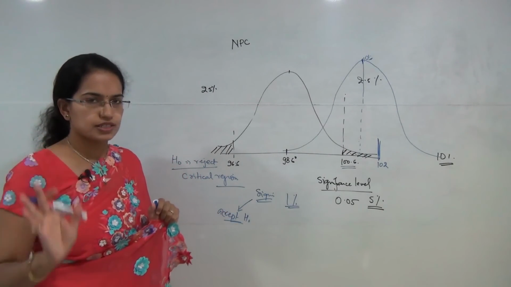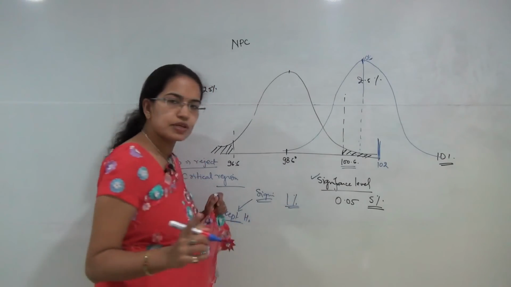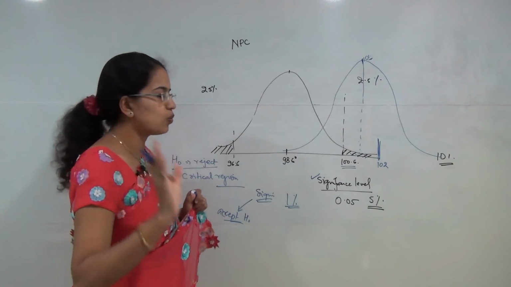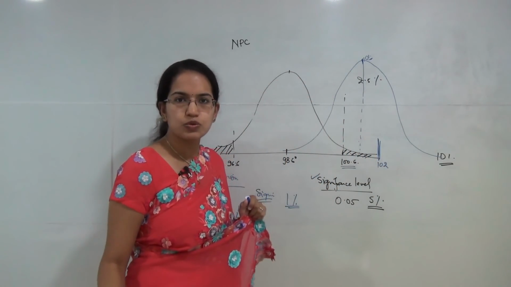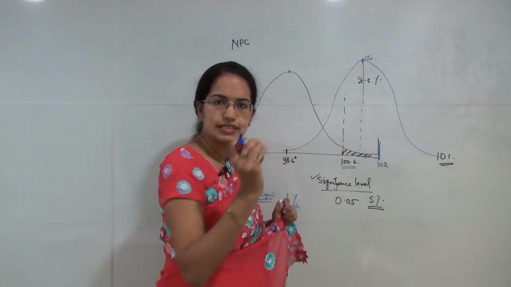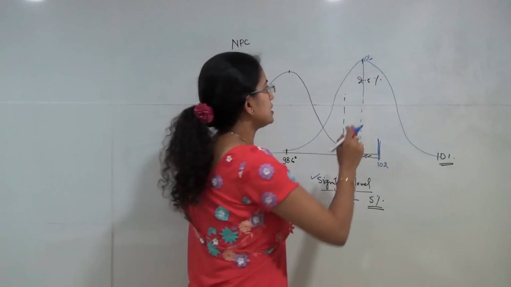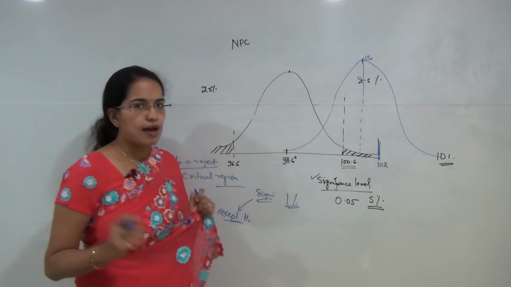So that's the first thing to understand. In this case, if you have 5% significance, you are rejecting the null hypothesis. If you consider a 1% significance level and consider the values up to 102 to be fine, you are accepting the null hypothesis. Now the second thing we move on to is the p-value, or the probability value.